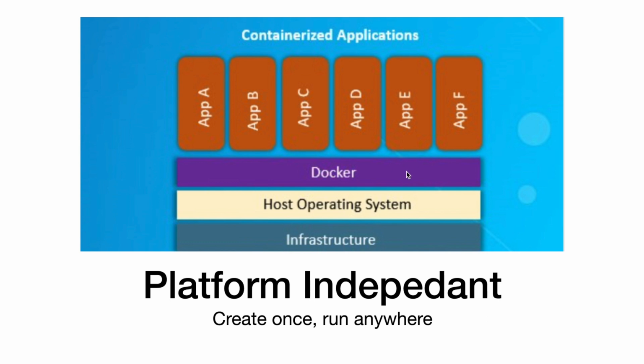This Docker daemon or this Docker environment is responsible for translating the instructions when the app is trying to communicate something to the underlying OS. Docker's daemon translates those instructions based on the host operating system, and this operating system can be Windows, can be Mac, and your container will seem to run the same way